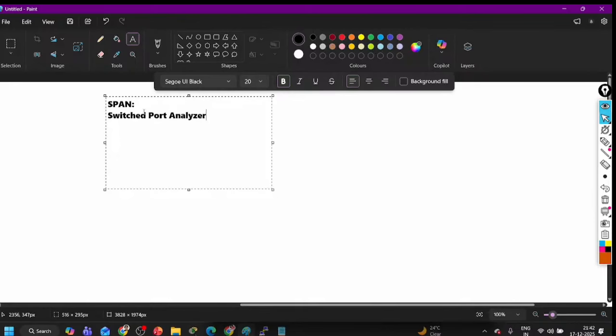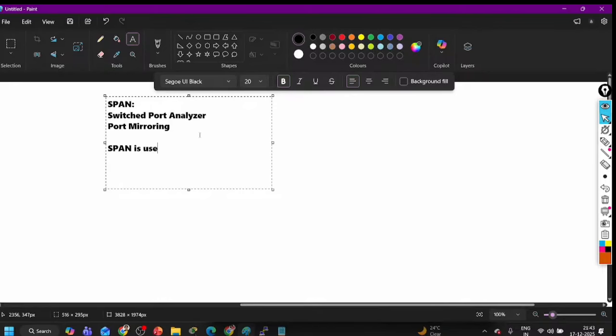This is a port monitoring feature on the switch port. It is also called port mirroring. You can check the spelling, I am not sure about that. You can say port mirroring or port analyzer, or we can say a SPAN